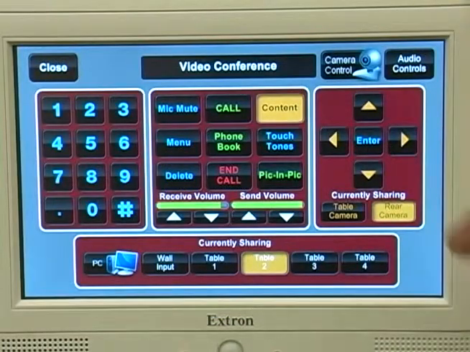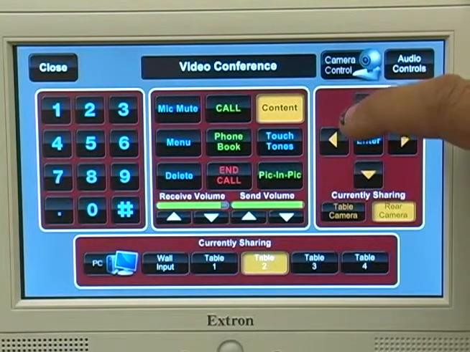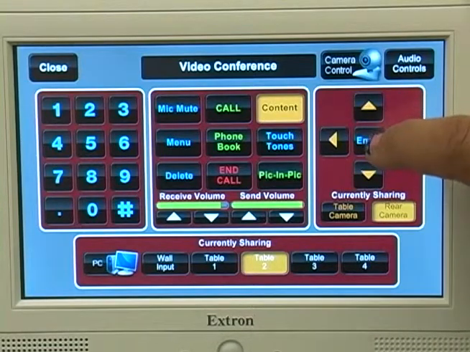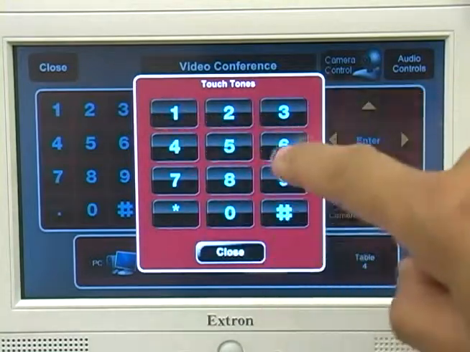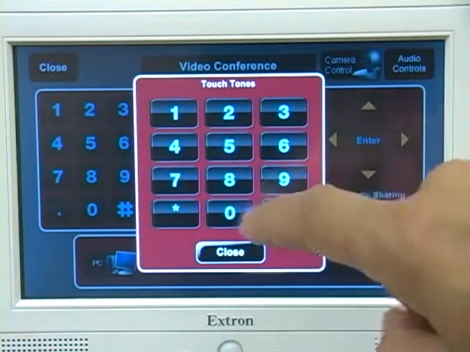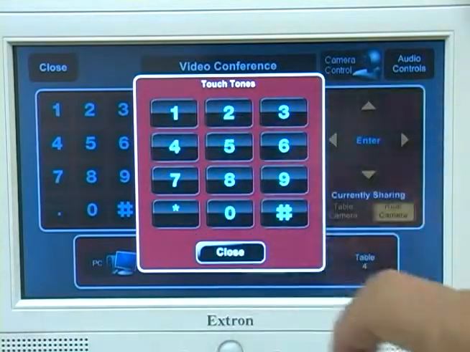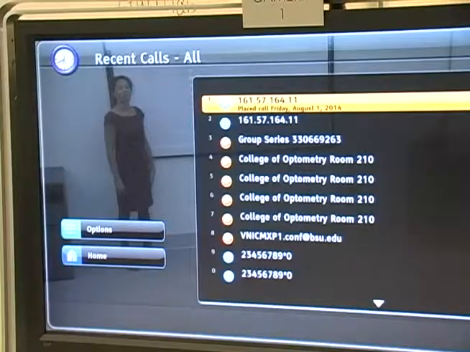So to place a call, you would arrow through the menu options until place a call is highlighted, and then you would press enter. Now you get a series of touch tone buttons, and you can enter in the IP address. So now on the top of the list, you will see the IP address that you just entered in. On the wall panel,